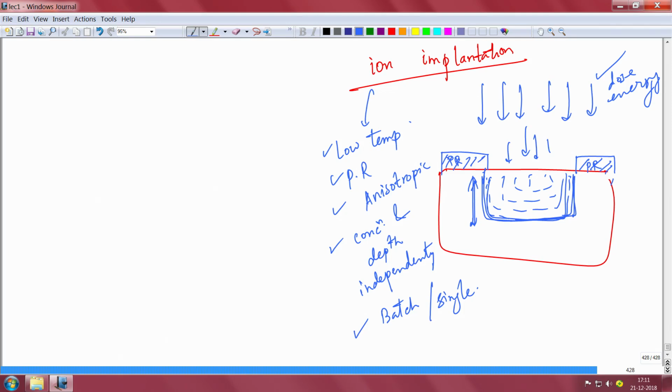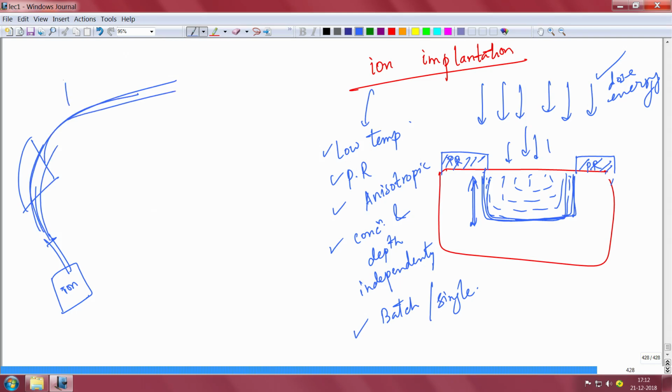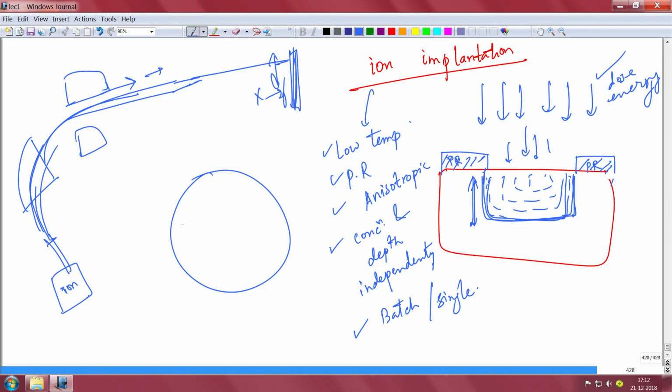Ion implantation, as I told you, you have an ion source that generates the ions, but then you have a magnet sort of thing, so that only selected ions with a specific mass ratio e by m can actually get deflected. They go through a lot of accelerating plates, so that they get accelerated at high voltage. You have many filters and beam focus and other things, and eventually you have the silicon wafer, where you can scan them X and Y, so as to dope. If you have a wafer like this, then you can essentially scan and control the doping in different parts of the wafer.